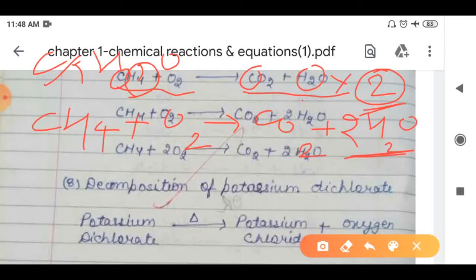Now see, this reaction and this equation is balanced in terms of carbon. It was balanced in terms of carbon earlier, and it was also balanced in terms of hydrogen, but we have multiplied here by 2, so it might be possible that the balancing is disturbed, right? Now how many hydrogen atoms are there in the reactant side? 4. And how many hydrogen atoms are present in the product side? 4, right? Okay, so the reaction is balanced in terms of hydrogen.